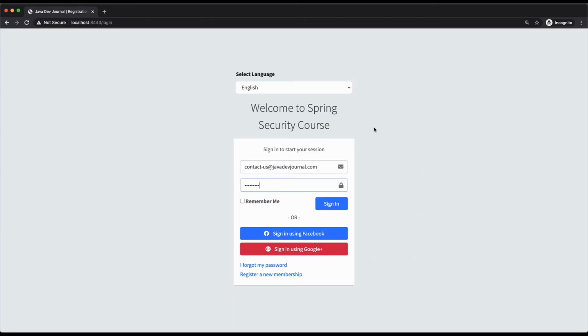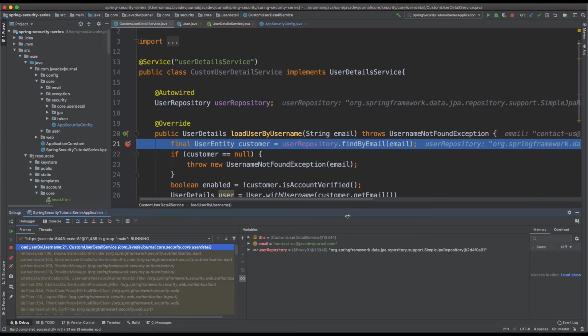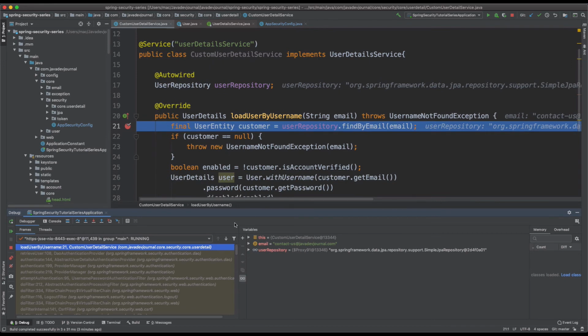Application got started, I have put a debugger point. So now what I'm going to do is provide a valid username and password, right? And remember that the authentication or user detail service does not care about the password. That will be verified and validated by Spring Security, and I'm not going to talk about that one. If you are interested, go back to the authentication provider lesson, so that will give you a better understanding. All right, so let's click on sign in. Okay, so as you can see, the control is with our custom user detail service.